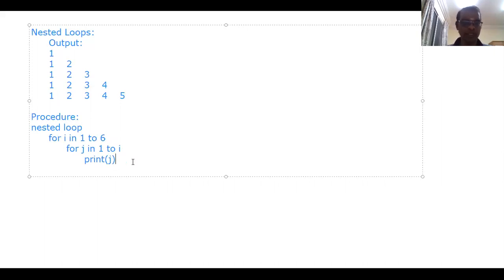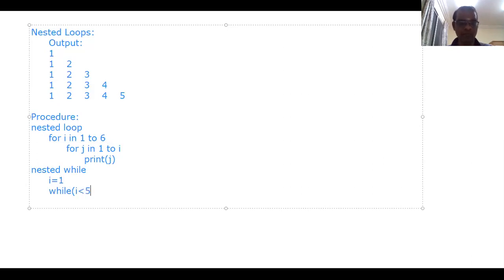Similarly, we can have a nested while loop. Same thing. We should have first i equal to 1, while i is less than or equal to 5. Here we can have 5 itself; while writing the program, we can change it to 6.